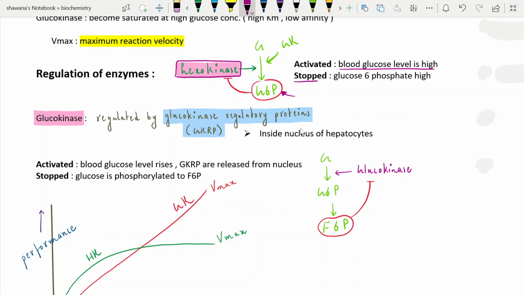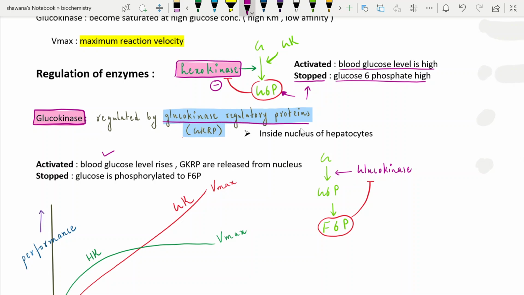But it must know when to stop. Glucose 6 phosphate is a negative regulator of hexokinase. It means that when a lot of G6P is being formed, it signals to the hexokinase to stop its activity. A lot of glucose has been converted to G6P, so we do not need your activity now. And glucokinase is also regulated when blood glucose level is high, but it is regulated by glucokinase